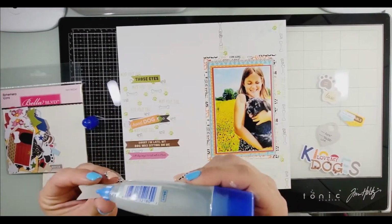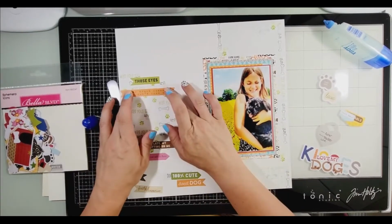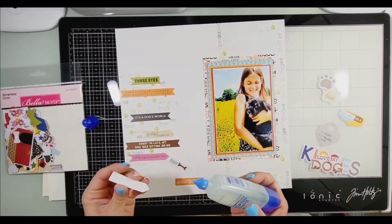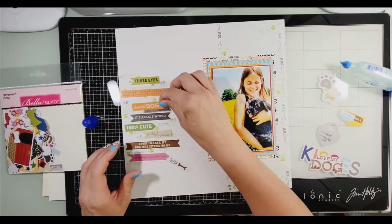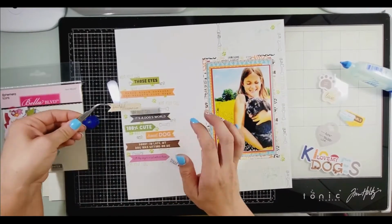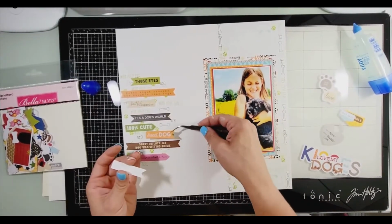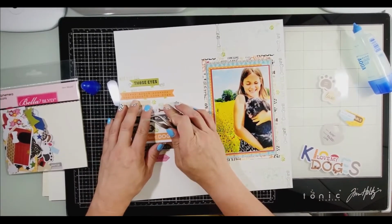So anyway, I decided on this other side, so on Sarah Scraps section, she has all of these papers that she layered up and put some stuff on there and made it look cute and gorgeous, and I decided I am going to do a dog version of it, and instead of doing layered papers, I am taking all of these little sayings that this collection comes with and decided to use up a lot of them. Just to match, make sure it all looks good, and try to use some of these